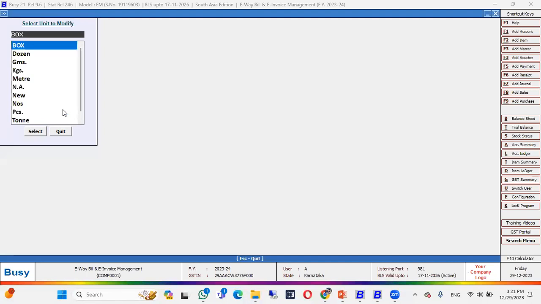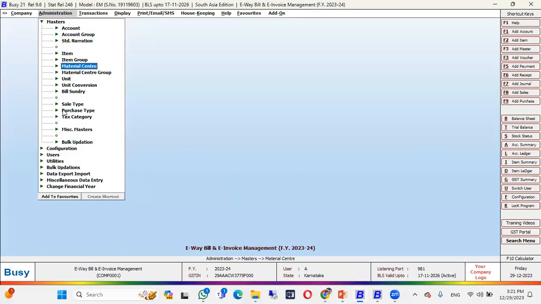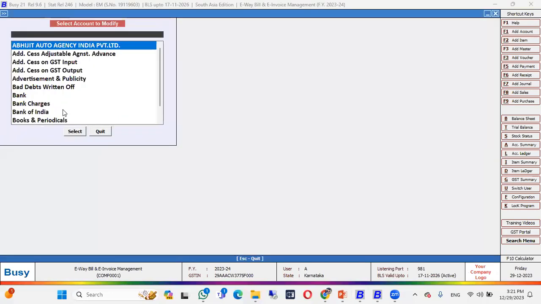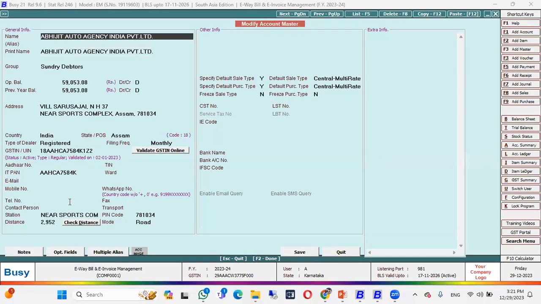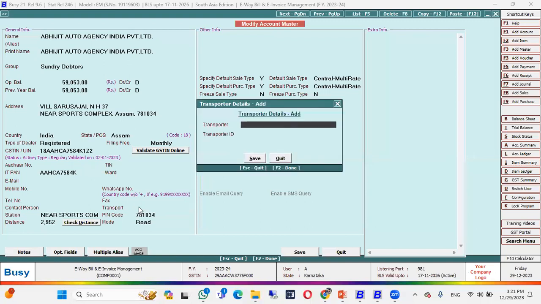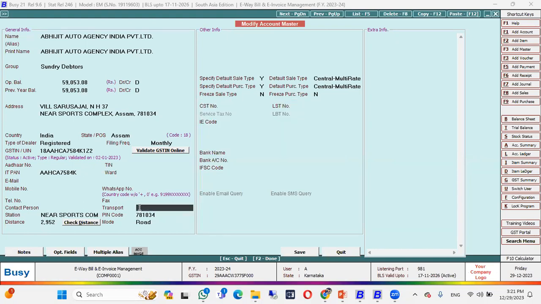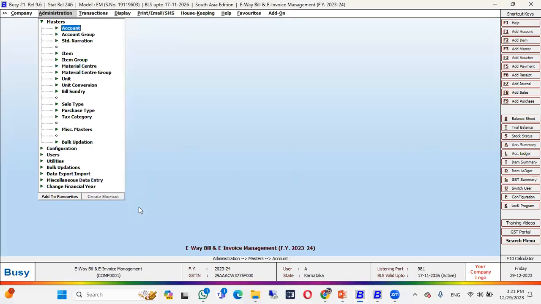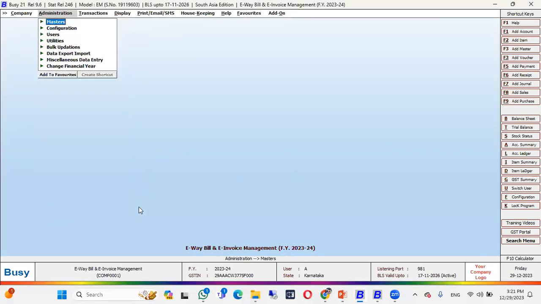Next is the transporter. So when you are creating party account, this is the transporter option. Press F3 key, and here you have to create the transporter. So you have to specify the transporter name, and in transporter ID you have to specify GST number of the transporter. So these details you have to specify properly one time, and after that you can generate e-invoice and e-way bill